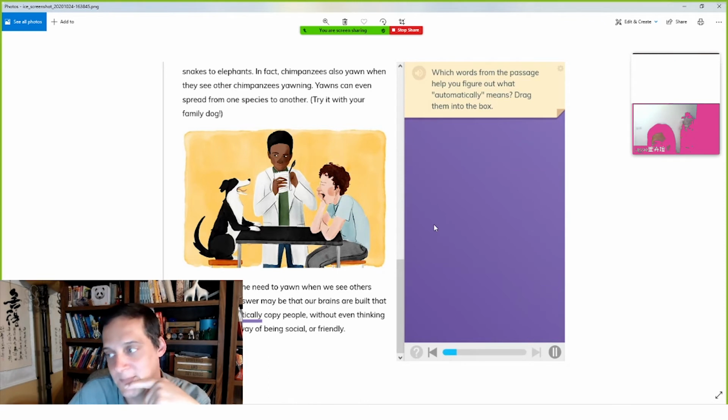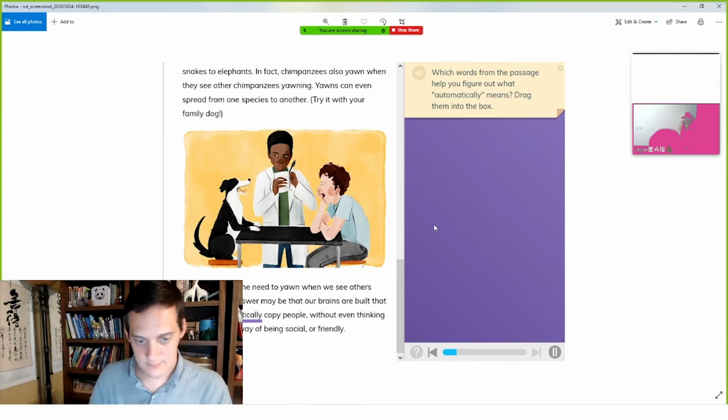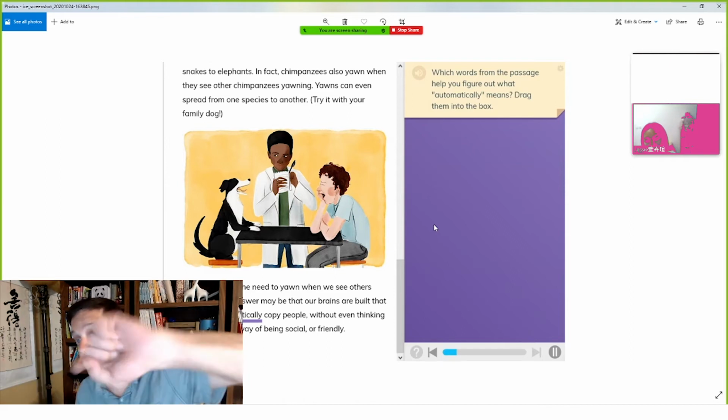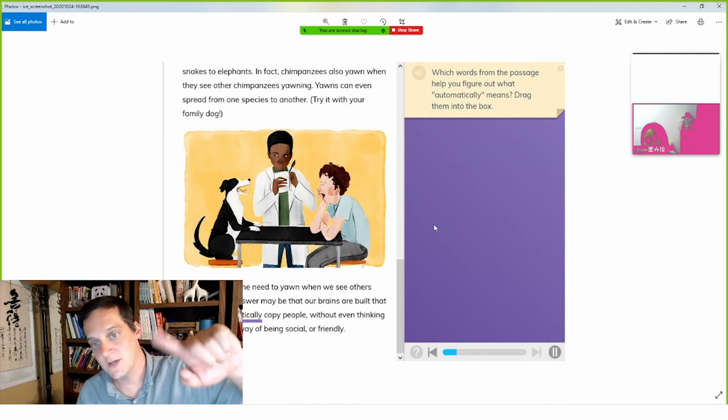How about this one? Why do we feel the need to yawn when we see others yawning? The answer may be that our brains are built that way. We all automatically copy people without even thinking about it. It's our way of being social or friendly. So for the question that's over here, it says which words from the passage help you figure